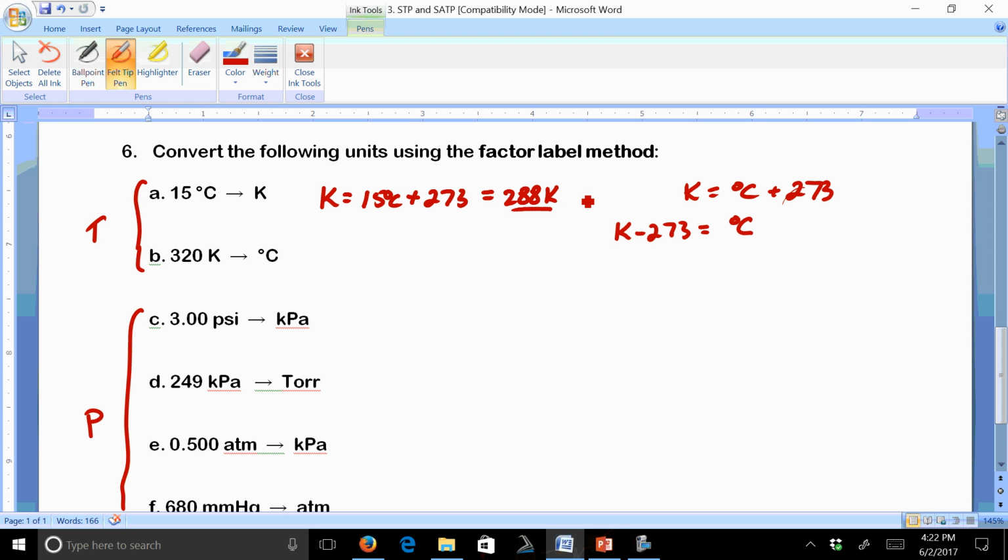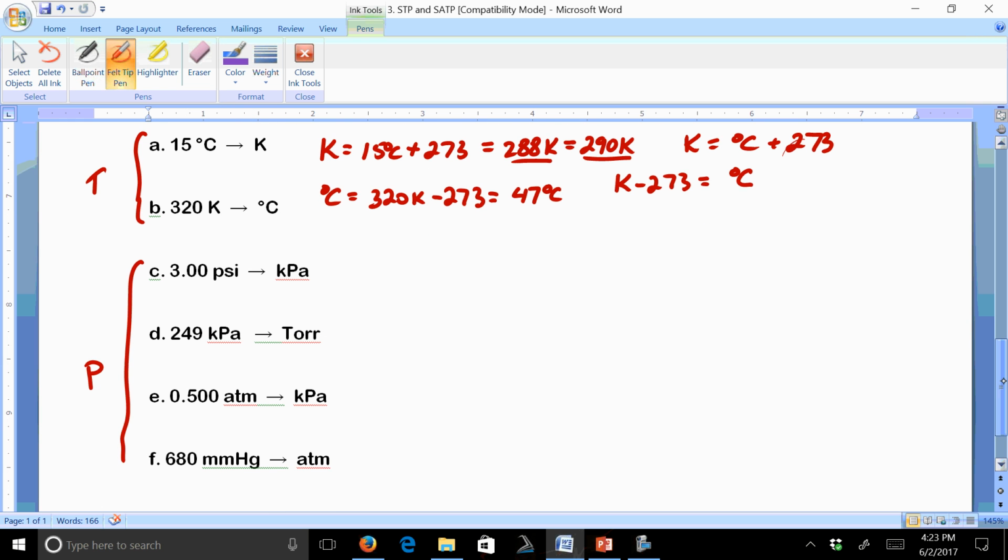We should also be rounding to significant digits. Now, if I want to go from 320 Kelvin to degrees Celsius, all we do is we take the 320 Kelvin. This time we subtract the 273, and we end up with 47 degrees Celsius as my answer. So fairly straightforward. Now, when it comes to pressure, things get a little bit more complicated because there's more